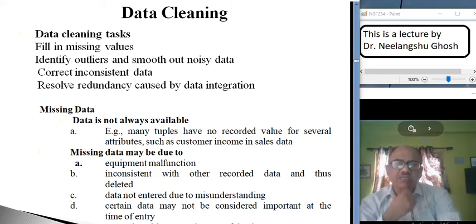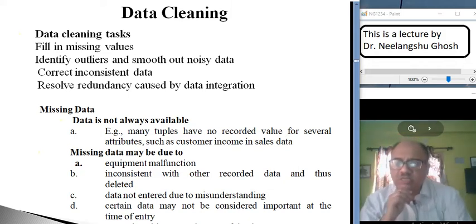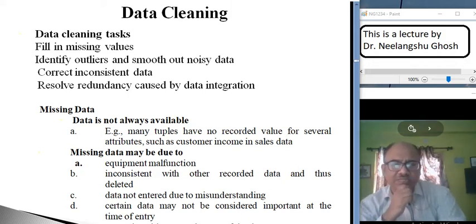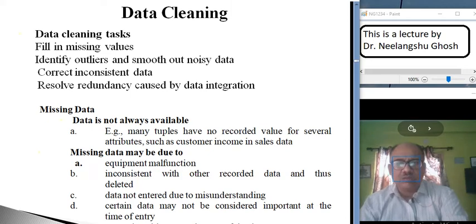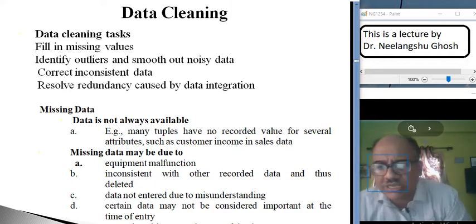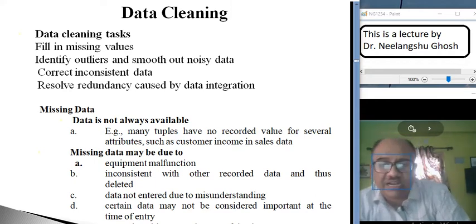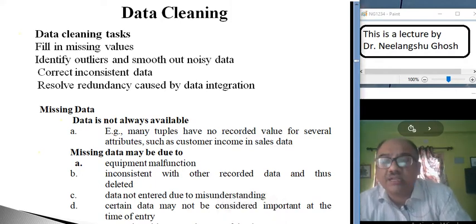So noisy means that incorrect values have been put while entering the data, and inconsistent means it is not matching with the other values of the same set. So inconsistency of the data can also be removed by checking all the other values of the data set. And noisy data can either be deleted or can be checked with the other values and the average value can be put, or some other methodologies can be used to correct the data.